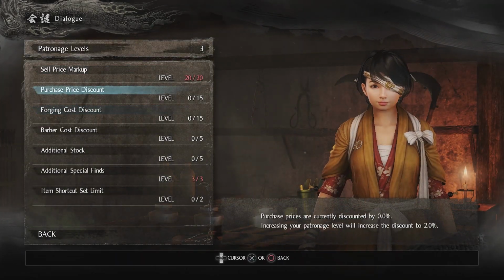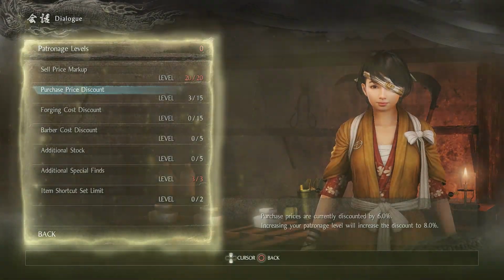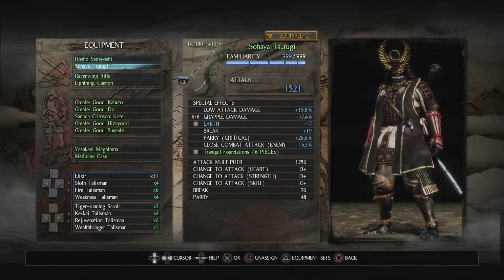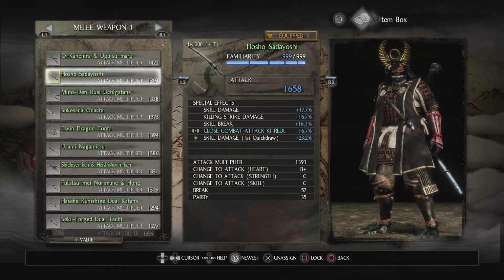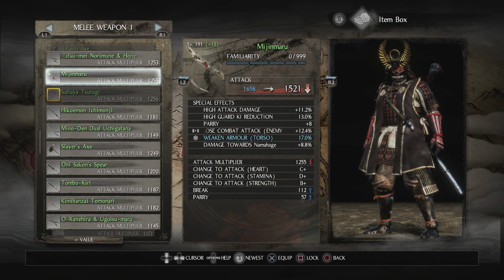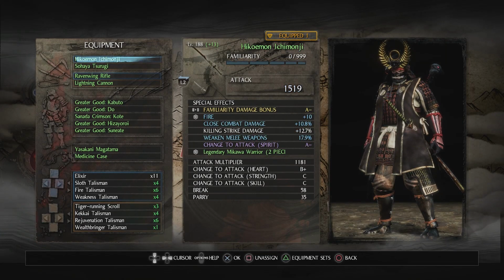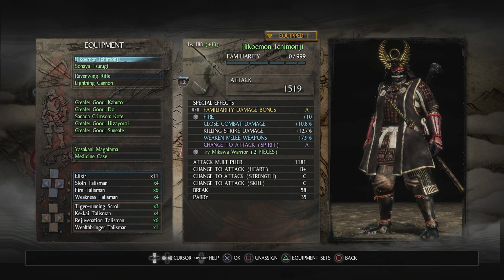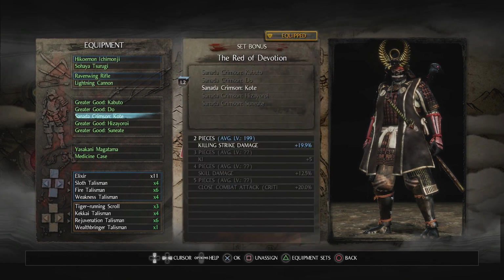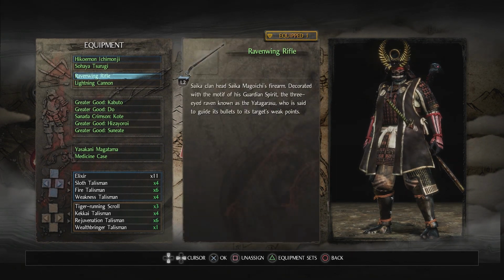None of these are any good. Purchase price discount, I guess, may as well. Yeah, Marobashi shouldn't be too difficult for us, even though that weapon is a bit lower. And then let's keep that on. I gotta find it now. There we go. Even though this weapon is a bit weaker than what we were just using, it should still be pretty good. It's got killing strike damage. We've got more killing strike damage with this, so we should be able to do a decent amount of it